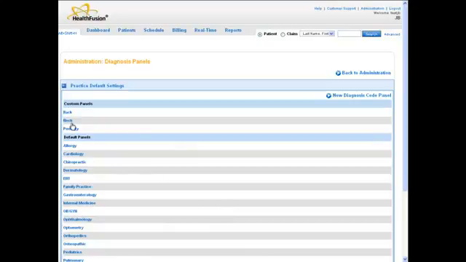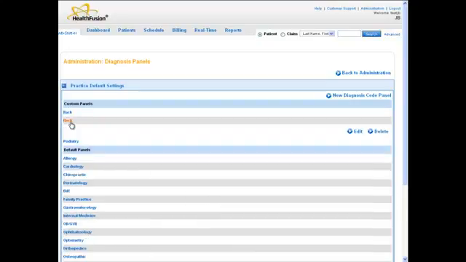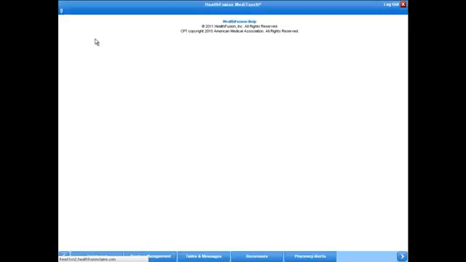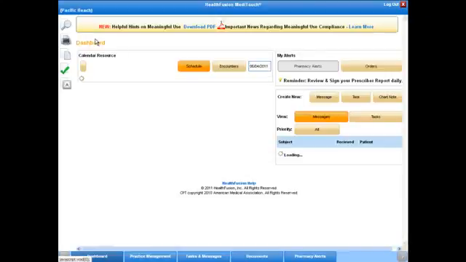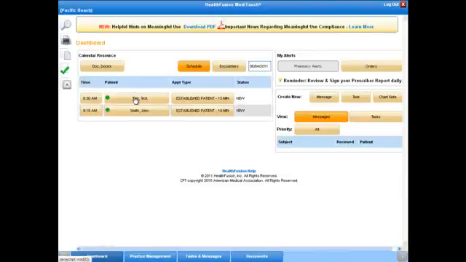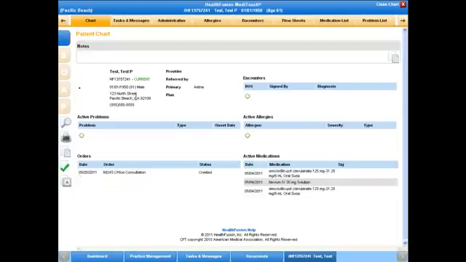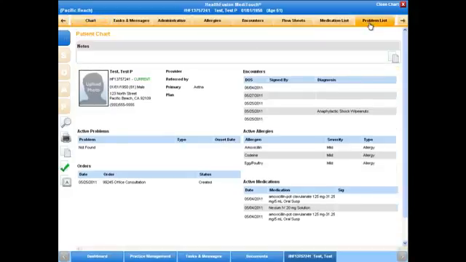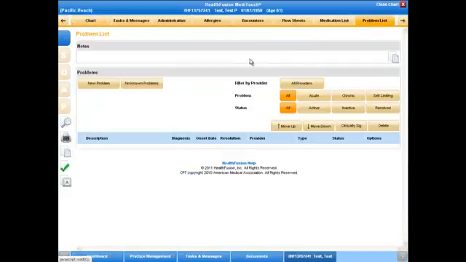As you can see, I now have a new panel named Neck, and if I'd like to see what's inside of it, I click the neck in blue and it shows me what I've added. If we navigate back to the EHR dashboard, and again back into a patient's chart, we can navigate into the Problem List tab, add a new problem,